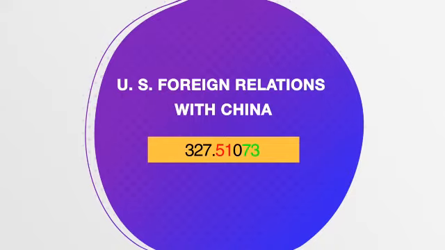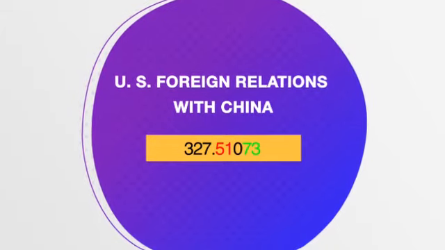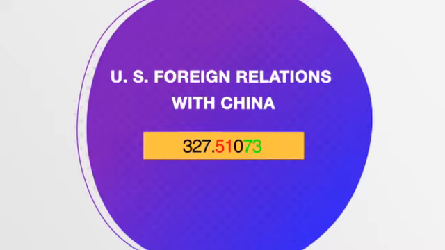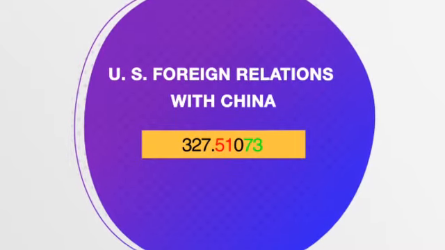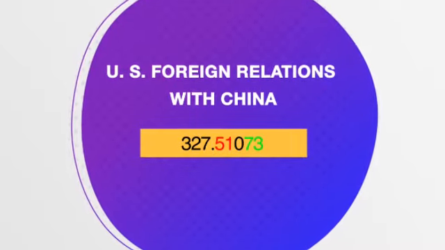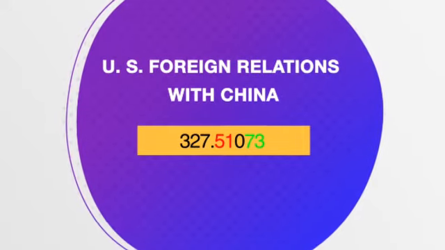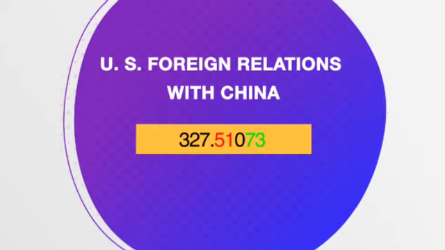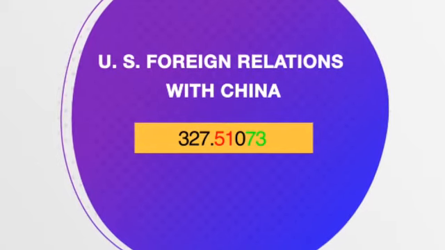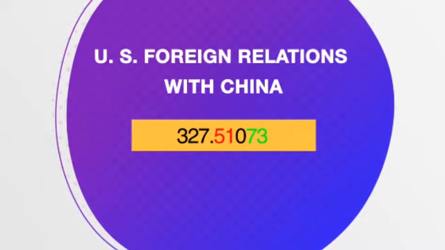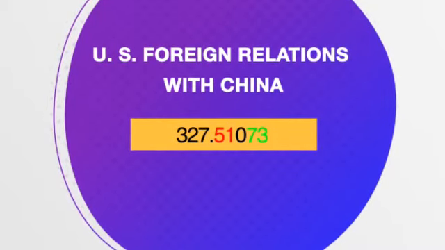You got it? 327. This is foreign relations. Write down somewhere the number 327. Now we have to find the number for the two countries. One is US, the other is China. Go to table 2. You find the number for United States has been given as 73. And now you come to the number for China. The number for China, if you go to table 2, you find it is 51. Now you have to add these two numbers.